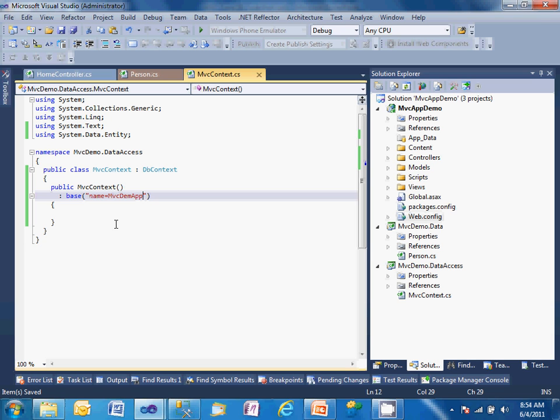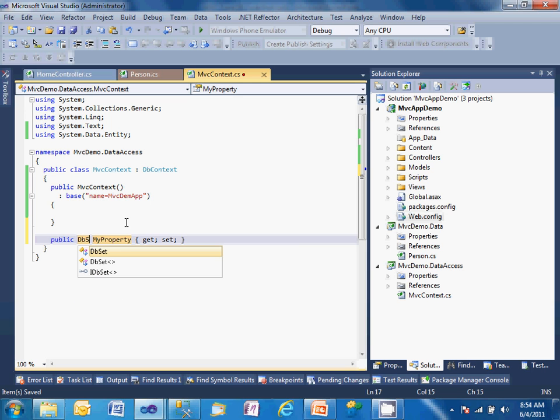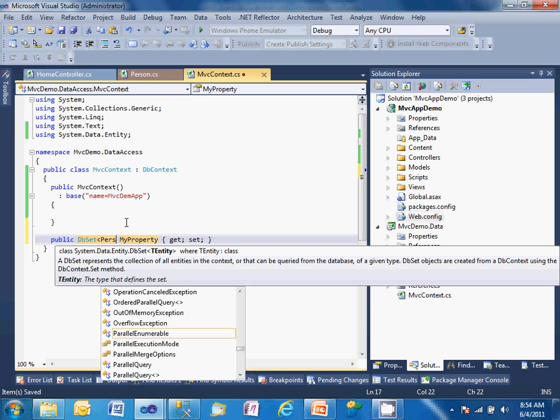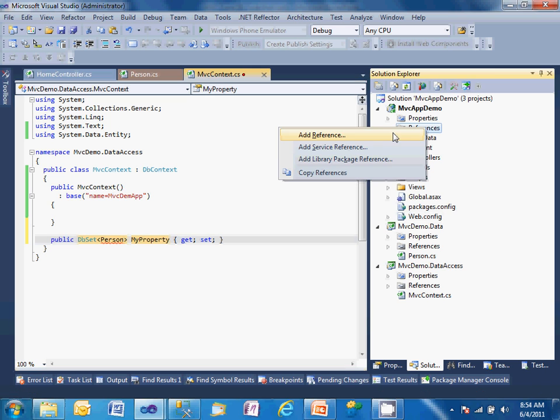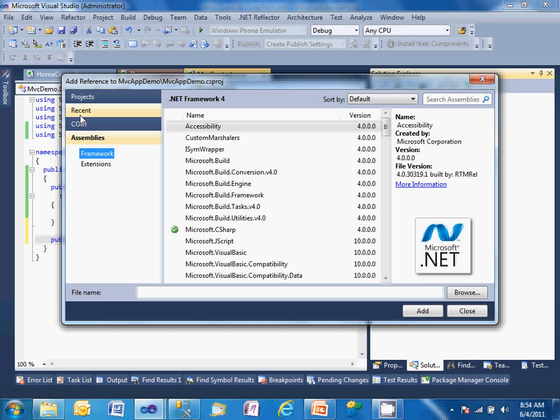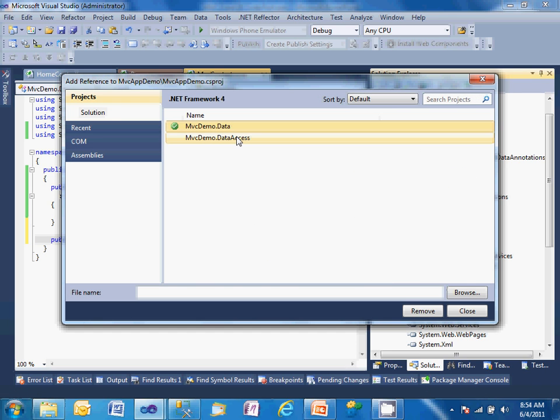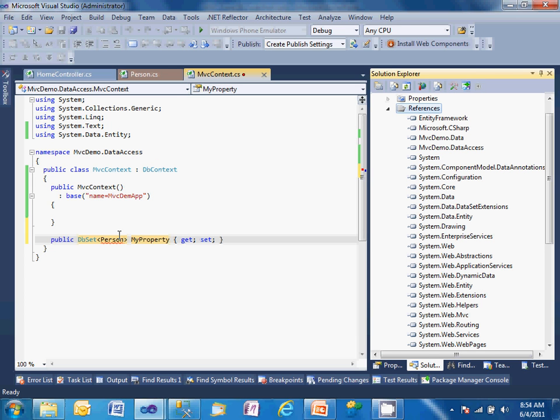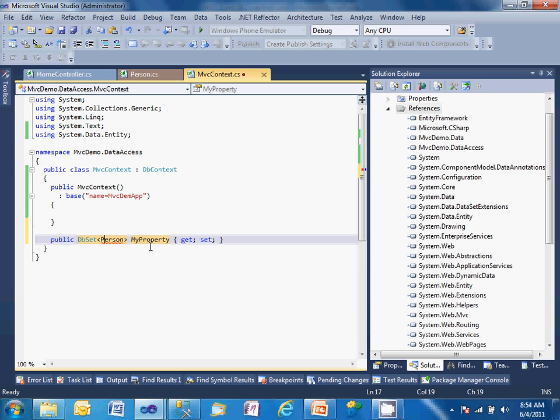So now that we're done with that, I have to tell it what classes I have. So what tables do I have in my database? I haven't told it that. To do that, all I have to do is define some properties. Now again, we're going to use a predefined base class, and I don't think I have the appropriate project references here, so it's probably not going to work. I'm going to add those two. Now I should be able to resolve that,